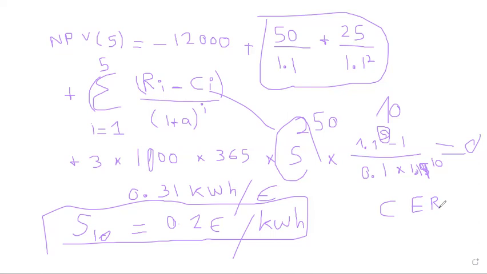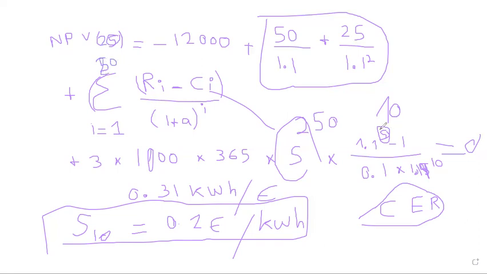You can also, as we already discussed, try to change the selling price in a way to be competitive with the market, etc. So you can perform a parametric study on all of these parameters in order to decide the best option. For example, if we opt for this selling price of 0.2 euros per kilowatt hour, to be able to calculate the CER, when we go back to our formula, we should first pay attention to calculate NPV at year 20. So what will change here is the summation from 1 to 20,